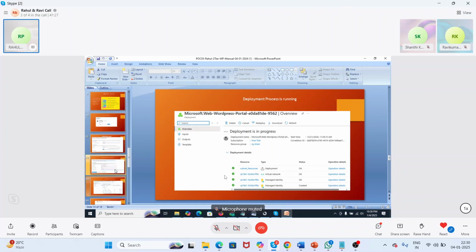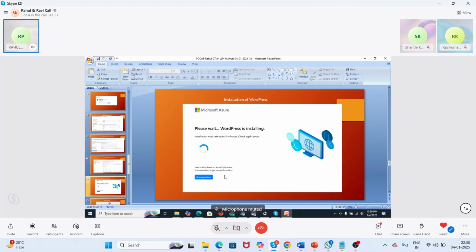Now after the completion of the deployment process, we start installing the WordPress site. Now we have to reach the point where our WordPress site is installing. This process involves setting up the necessary files and configuration to get our WordPress site up and running. During the installation phase, WordPress is creating the database.